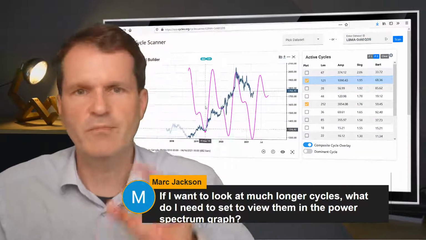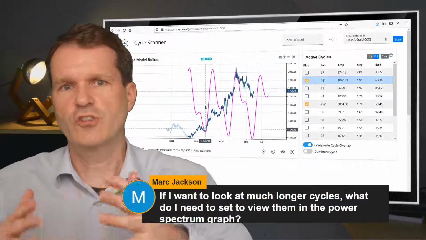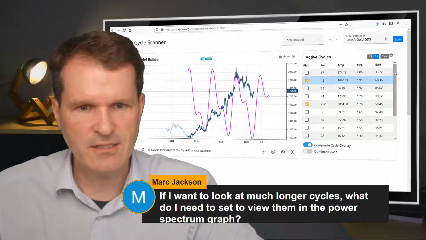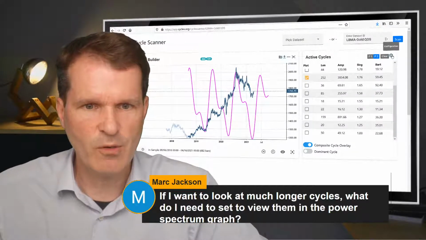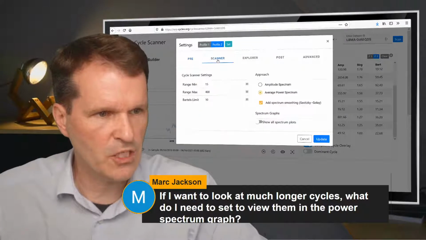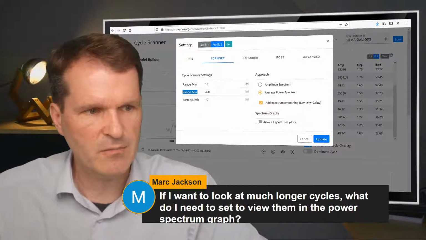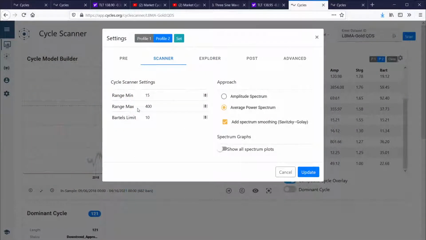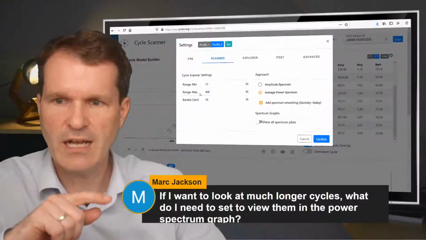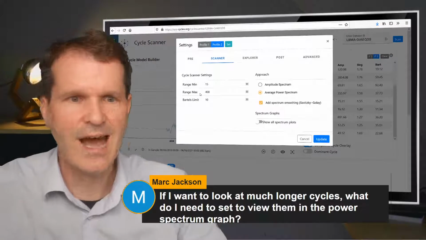The other approach which you might think of is to just use daily data and extend the analysis to analyze 800 or 1000 cycle lengths. Our standard setting is, and you can see this in the configuration, that the configuration has a maximum range to look for cycles, which is currently limited to 400 days. Therefore, the current limit is around 400 days on the time frame you're using. So if 400 days, if you analyze daily charts, is not long enough, then you need to switch to the next higher data set.